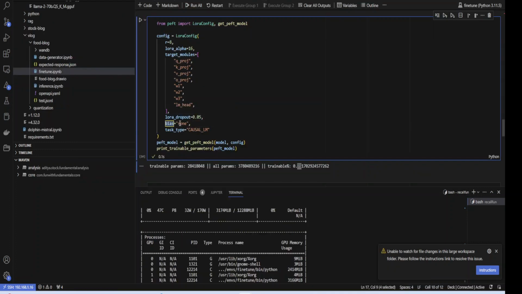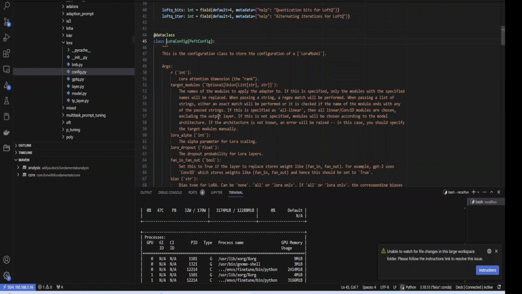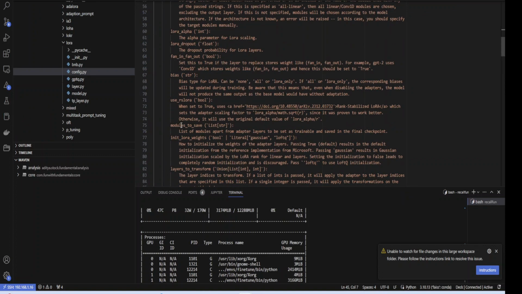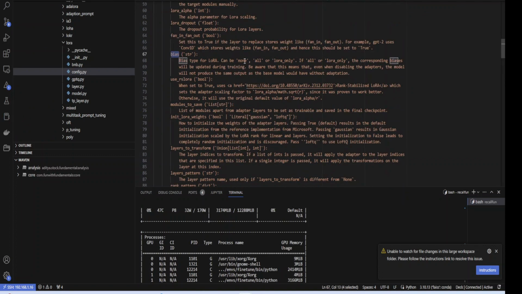The bias, I used none. There are three possible values for this parameter, so let us look into those three possible values. If you see here, there are three possible values: none, all, LoRA only. And none specifically,